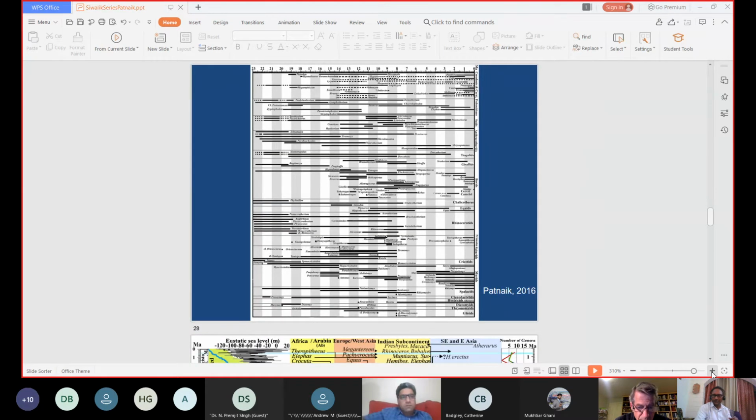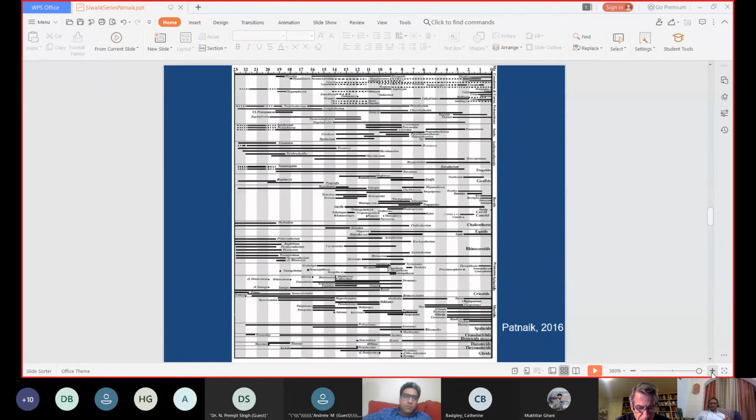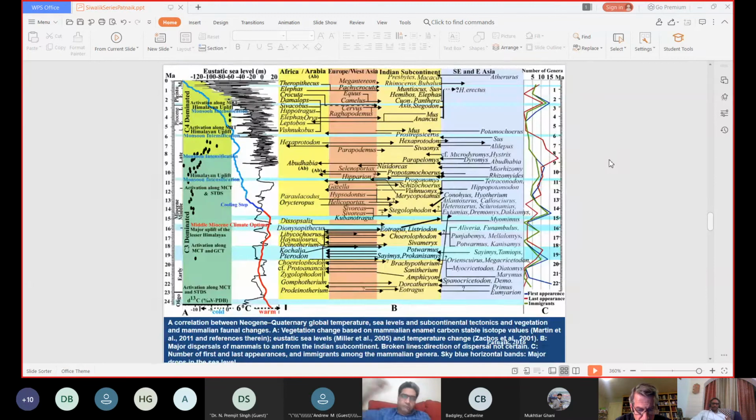Right. So next, based on this biostratigraphy, we have also tried to figure out what relationship the faunal dispersal had with the overall climatic changes or eustatic changes. Somehow we have been able to figure out that as the climate changed, the fauna changed, and there were several immigration or dispersal events. Whether it was a range expansion, range contraction, or migration, we are not very sure, but we could tie the major events like